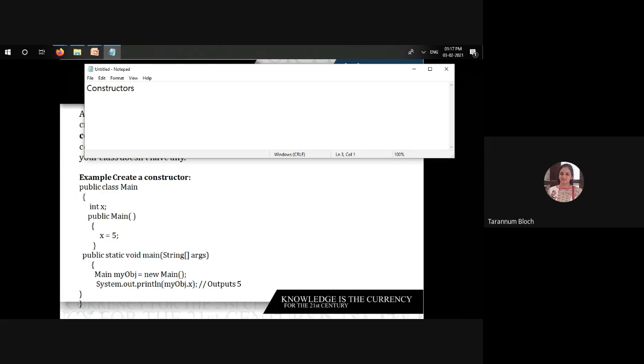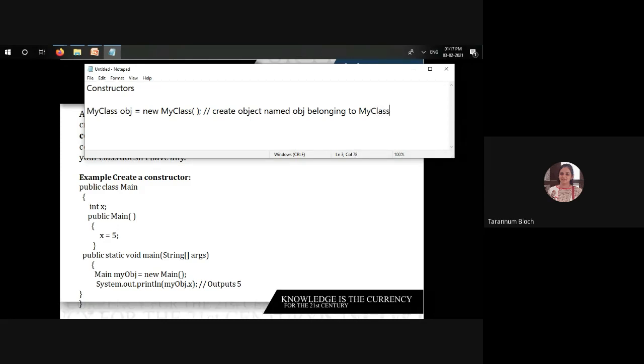If I have a class, MyClass.java, and I create an object, then I have to write the object name equal to new and I'll write my class. This is what we have seen: this is how we can create an object named obj, which belongs to the class MyClass. This is my class object, right?